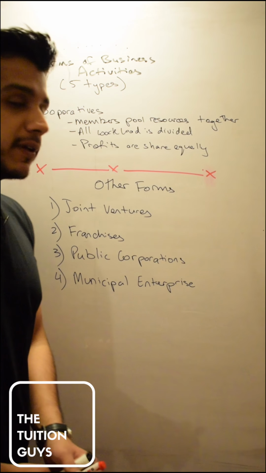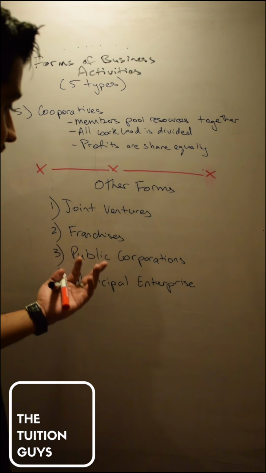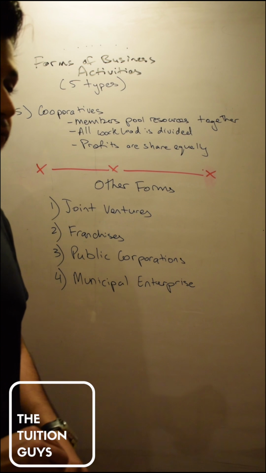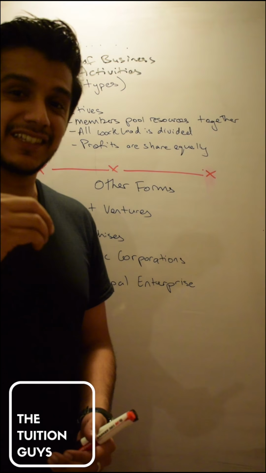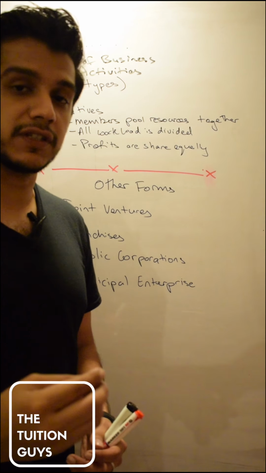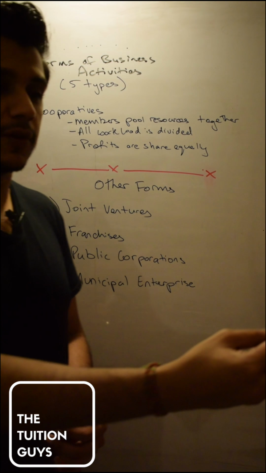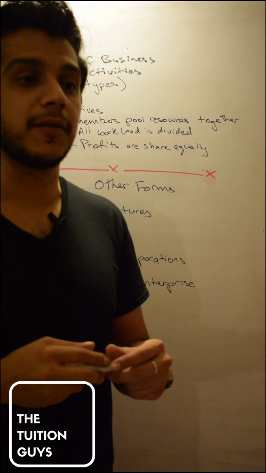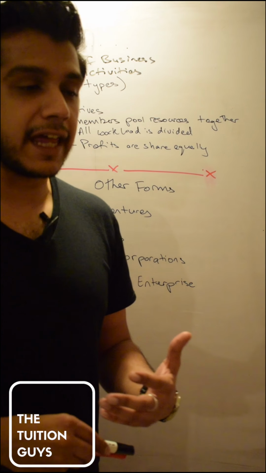The next form is public corporations. Now, even though it says public and corporations, remember, these are there for major industries in the country which cannot be left to private individuals. What happens is the government might do something called privatize or nationalize, and that basically means